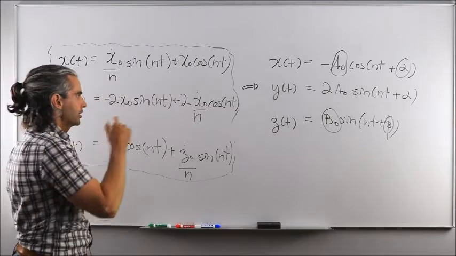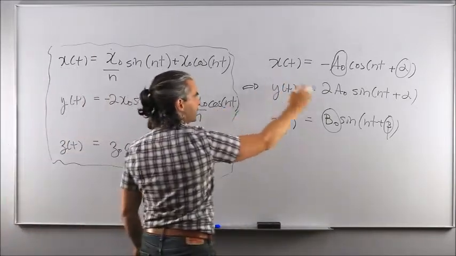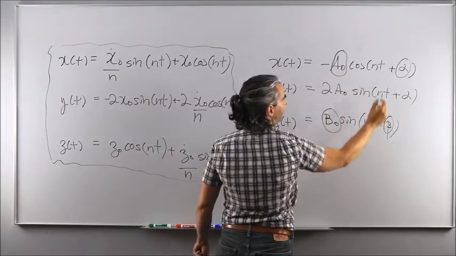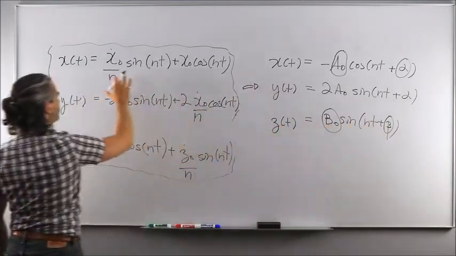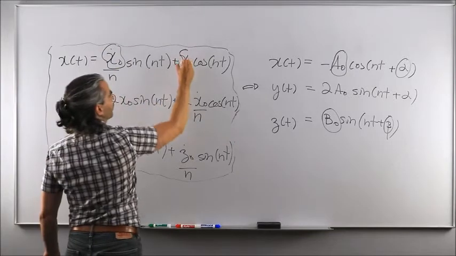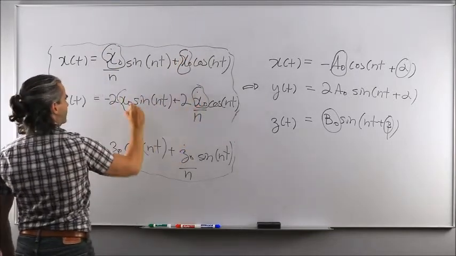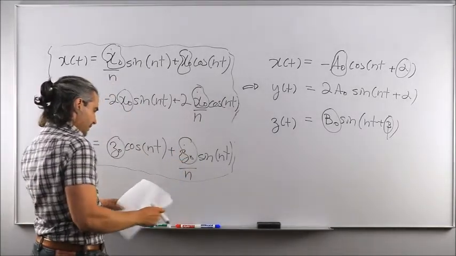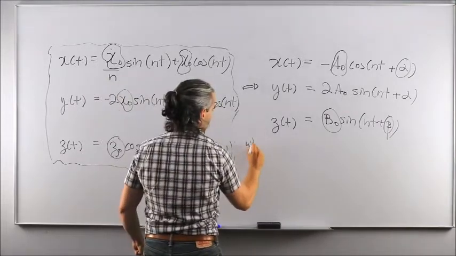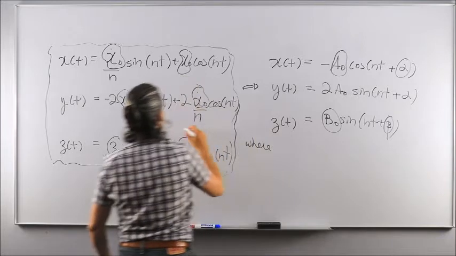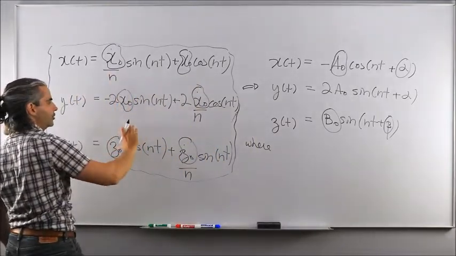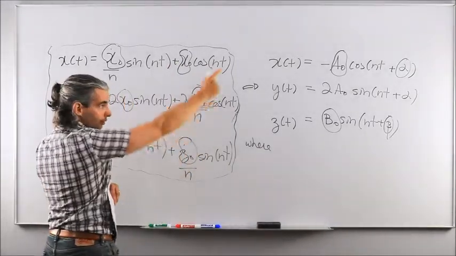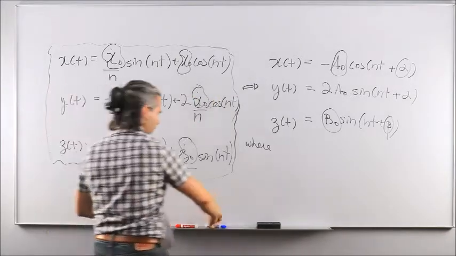So I've just essentially reparameterized these equations using different definitions for my integration constants, and specifically my A naught, B naught, alpha, and beta are all related to the initial conditions we had before. Okay? This, this, this, and that. But specifically, because you need to know the relationships to go from initial Cartesian position in LVLH and initial velocity in terms of Cartesian coordinates in LVLH to those new integration constants, I'm going to say where